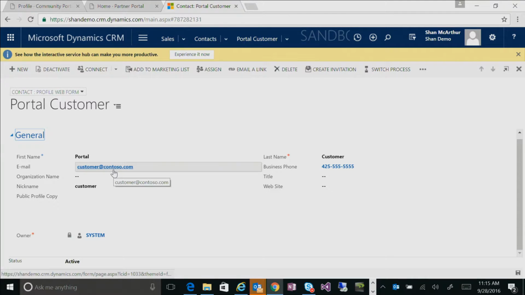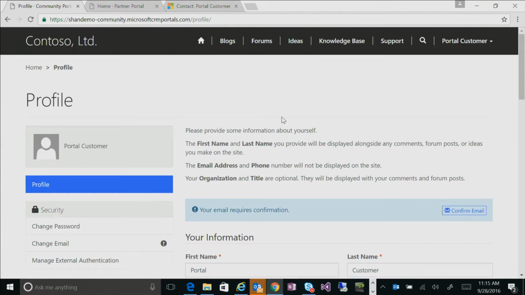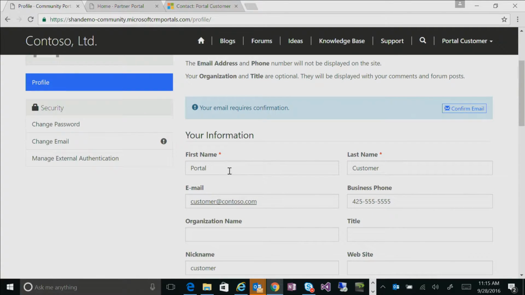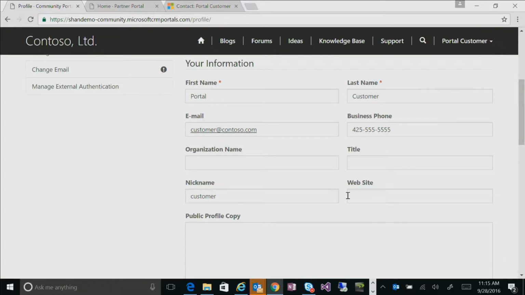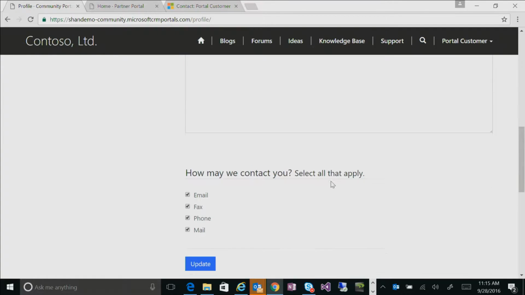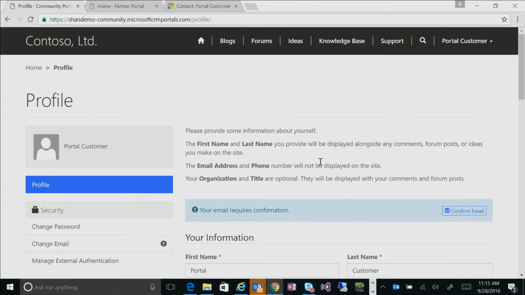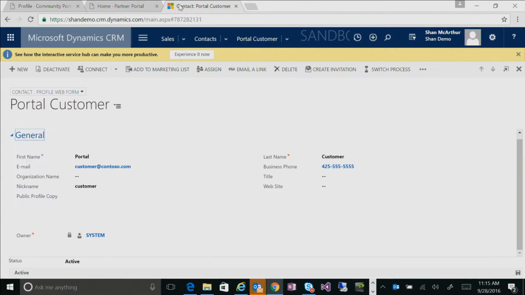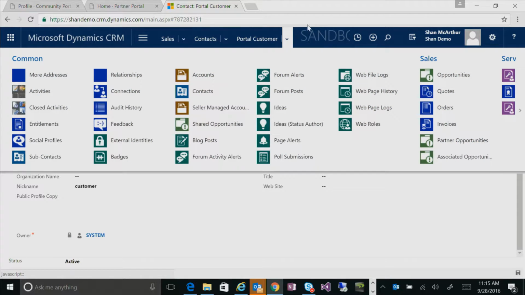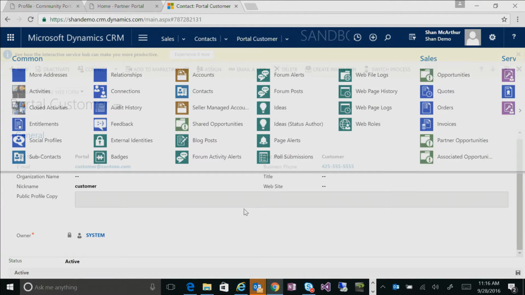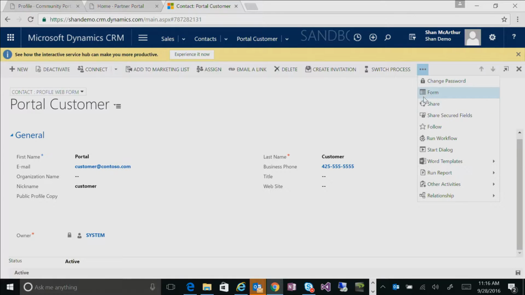So basically, we are reading the CRM forms and presenting them on the portal, but within the context of your portal skin. So it's still the same thing, first name, last name, email, business phone, your profile and stuff like that. This is the profile form on the web page, and it's actually tied to the same form in Dynamics CRM. So if you went and edited the form over here and changed the fields, added new fields, changed the layout, you hit publish, it'll actually work not only in your CRM but also over in your portal too.